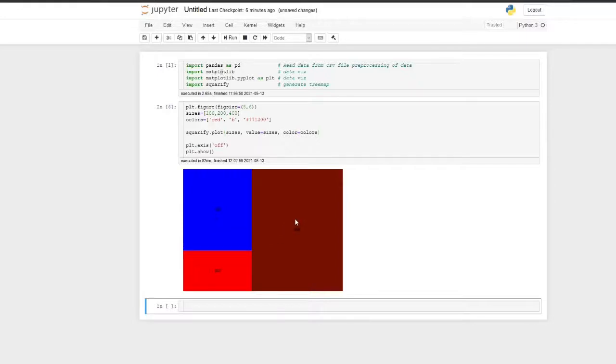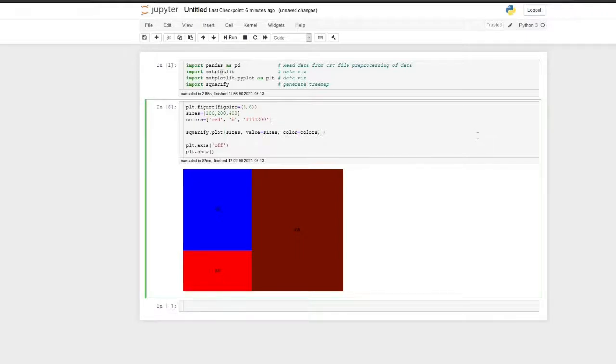So now another problem is that the numbers are not very visible. We can use the text keyword arguments parameter to change the text formatting. It will take in a dictionary.